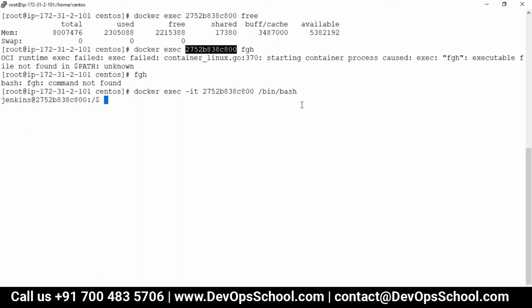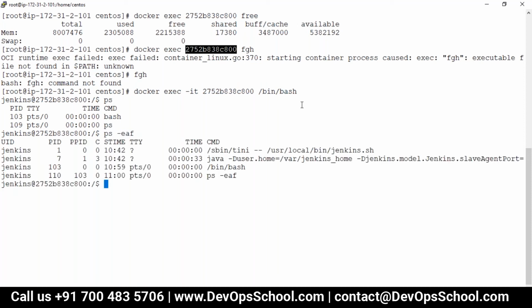So guys, exec is a very powerful command. Being outside, it will run the container's executable inside the container and give you the output outside. But at the same time, with this combination -it and /bin/bash, you can go inside it. Okay, and then see here, who are you? You are right now PID 103. See here. But one question I have: the container is running with PID 1.